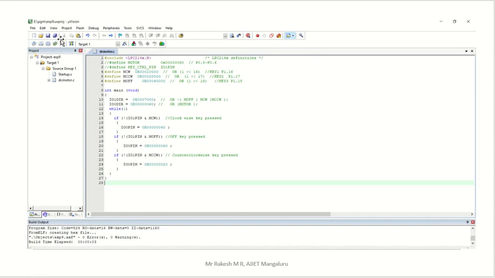Debugging means there is a build target. First we have to check that, then we have to debug. So you have to do build target at that time. If there is any error, again you have to solve it, and continue until zero warnings and zero errors. Then you are going to get another message here. If there are no errors, you will get this. If there is an error, you won't get this.